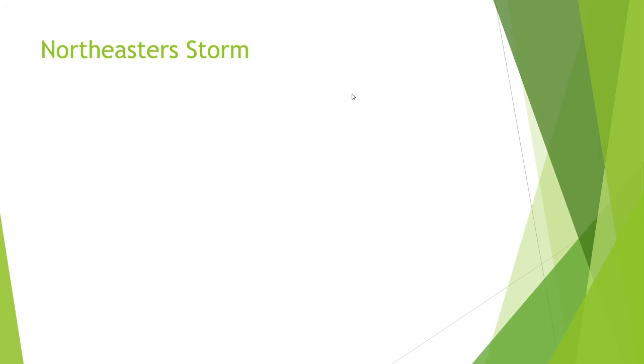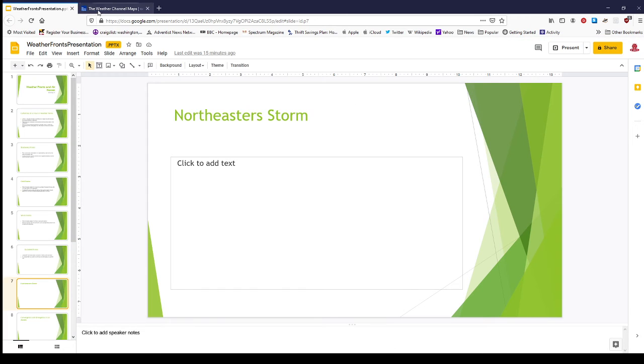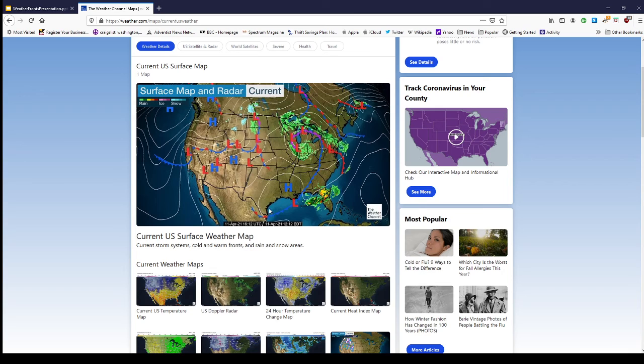And so now we're going to go to the map here, and I'm going to show you the current surface map for the United States of America for this weekend ending April 11th, 2021. And I want to point out some features here for you. As you can see, what do we have here? We have a cold front. You see the blue triangles and the line extending all the way down into the Gulf of Mexico.